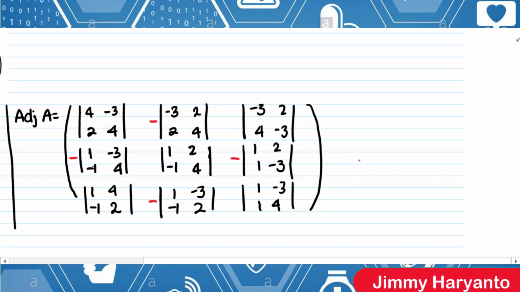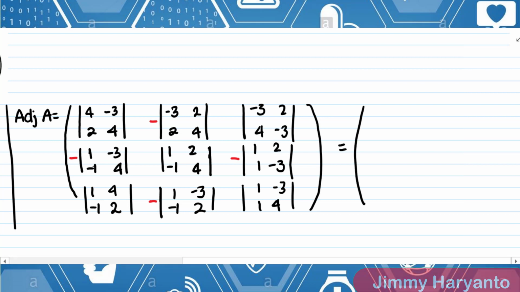And then how to find the results of adjoint A? You have to use the determinant one more time to calculate the elements like this. So now we have 2 times 2 determinant, right? As you can see, I write the brackets like this, and I already teach you that this brackets means determinant, right? So you have to find the determinant.